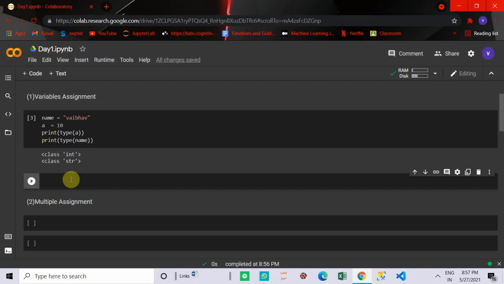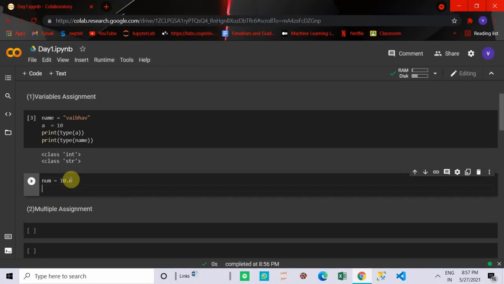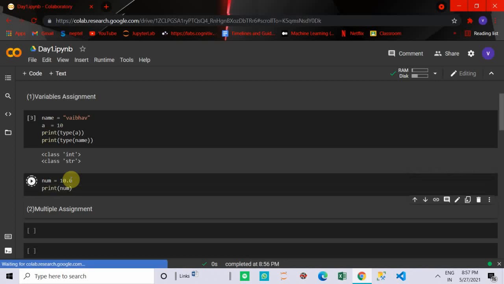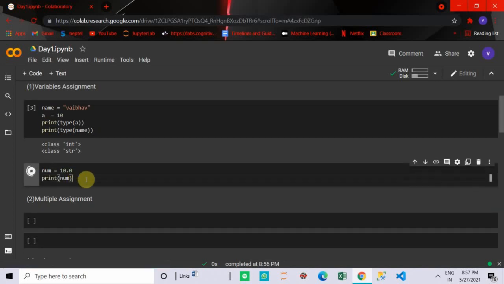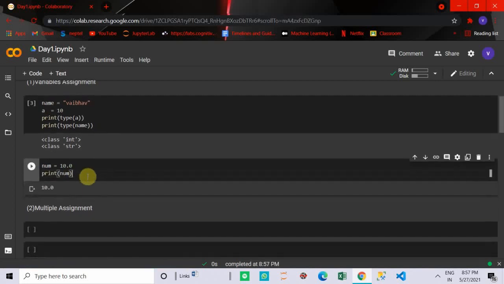So we can store anything like that. Like num equal to some float value, that is 10.0, then print num, so it will print 10.0.